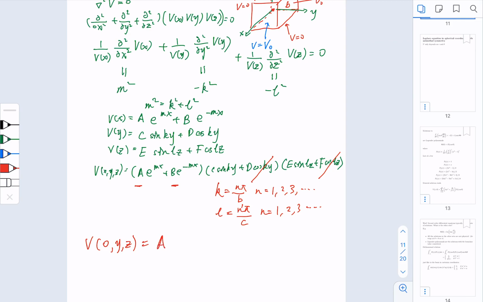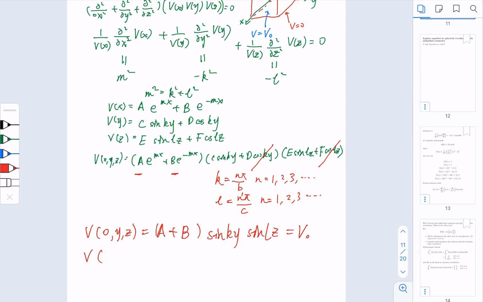So A plus B times sine ky sine Lz should be V naught, and V at A, y, z should be A exponential of mA plus B exponential of minus m